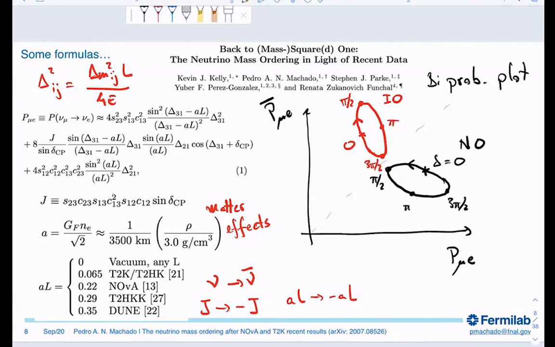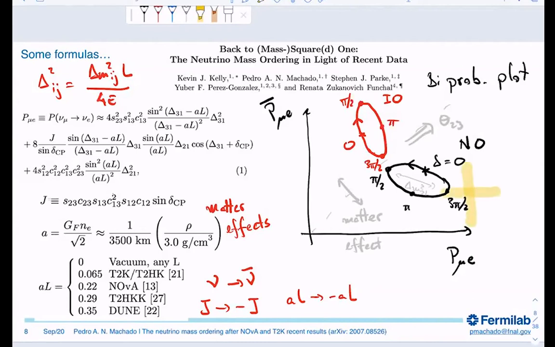Now, just a few more details. The size of this ellipse, its large axis, is related to the solar delta m square. If you change theta 2 3, this ellipse moves along the axis direction. Also, the separation between ellipses has to do with the matter effect, and we'll see an example of that very soon. So imagine that your experiment measures nu_mu to nu_e in neutrino mode and in antineutrino mode. It draws a data point here.